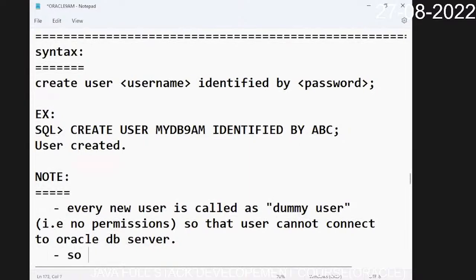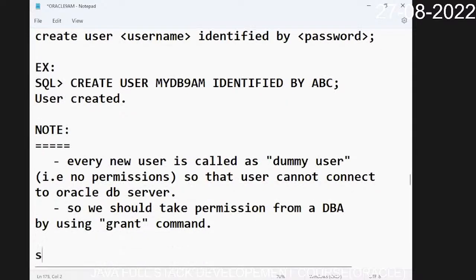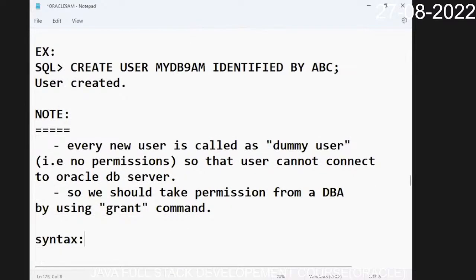So we should know and we should take permission from the database admin by using the grant command. Okay. The syntax of permissions here, so I can say how to grant,